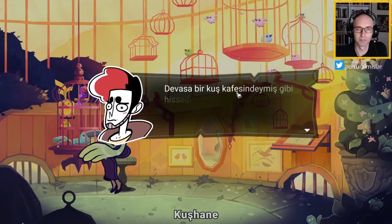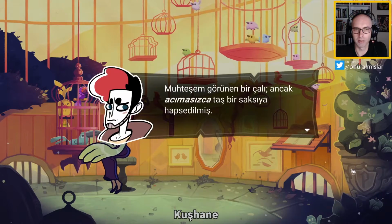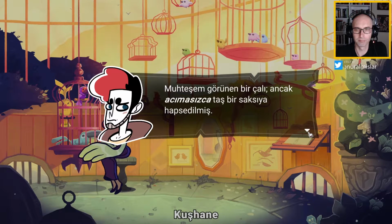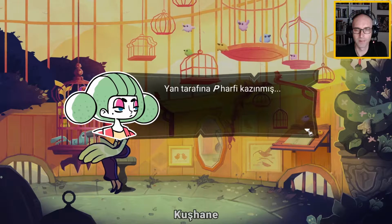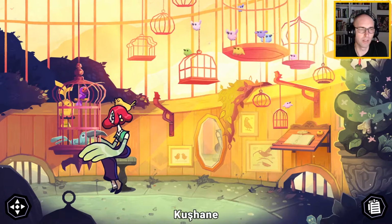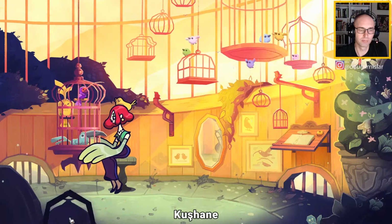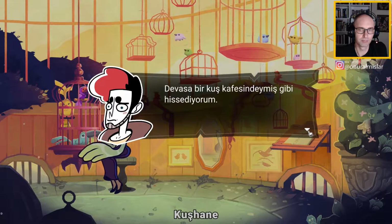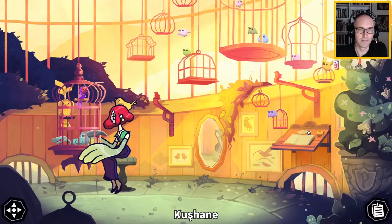I feel like I'm standing in a giant bird cage. I see a letter P here. A magnificent bush, somewhat cruelly confined to a stone pot. There's a letter P carved into the side. There's a rain tank here. What's with those little windows down there? I think they're there for...